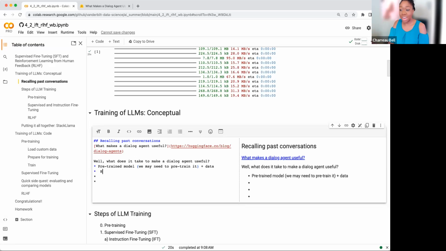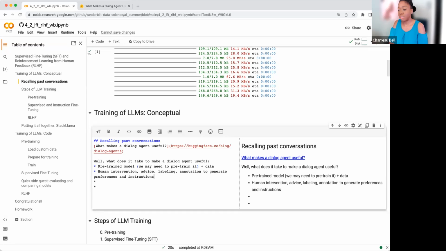What else? We need human people to help us. So we need some type of human intervention, advice, labeling, annotation, something there that's going to help us to generate preferences and instructions and examples.